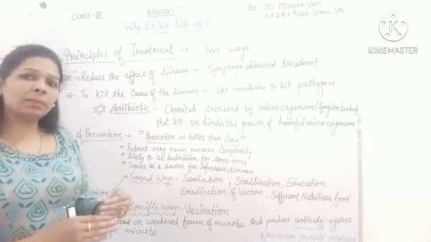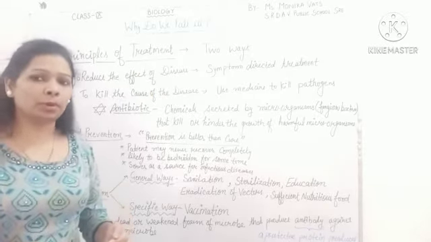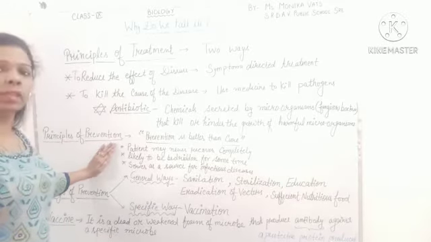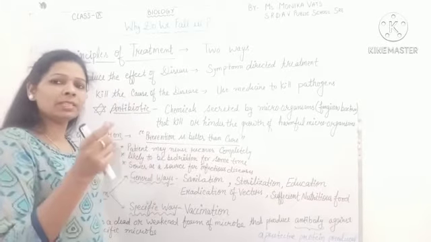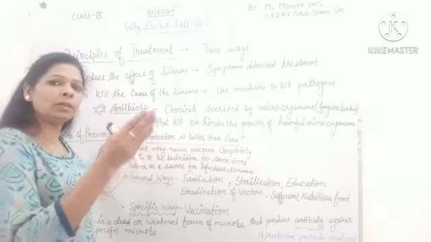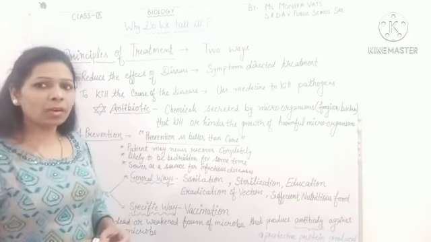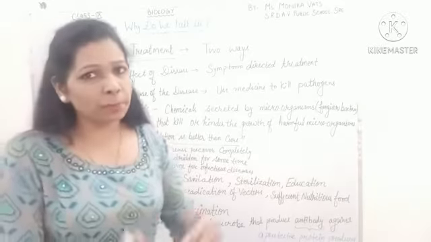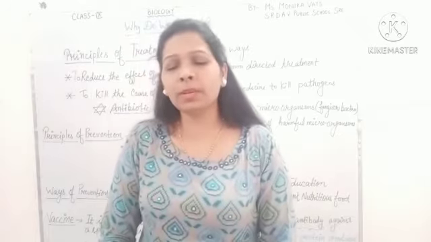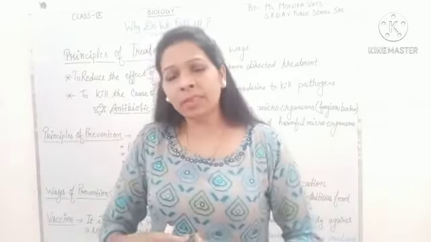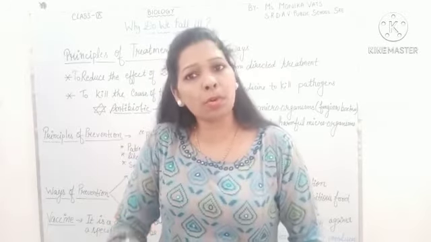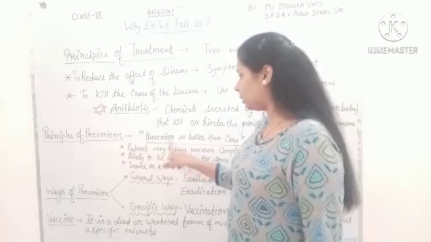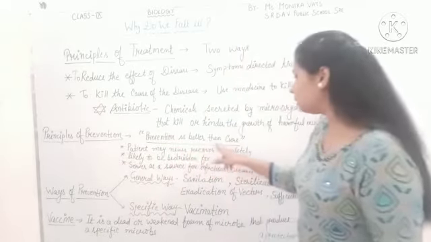So it is better to prevent than to cure. Basically, as I have written here, principles of prevention. Now prevention is the method which we have to adopt to avoid the disease. And curing is to be done if we are suffering from the disease. So prevention before the disease, so that we will not suffer from the disease, and curing if we had suffered from the disease, then we have to work against that. So principle of prevention, I had written here, prevention is better than cure.